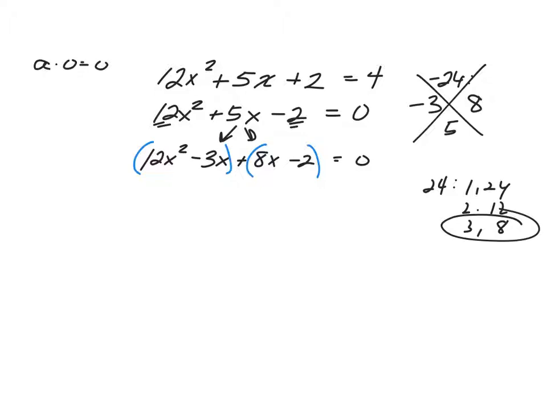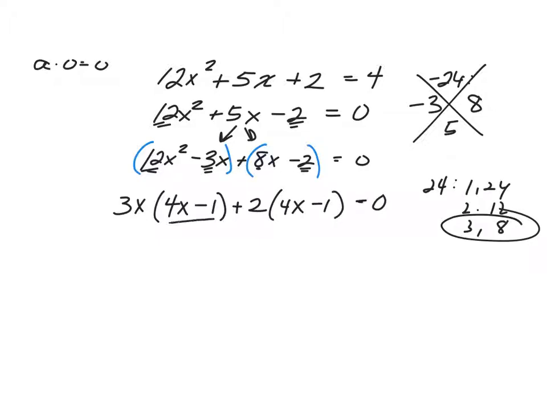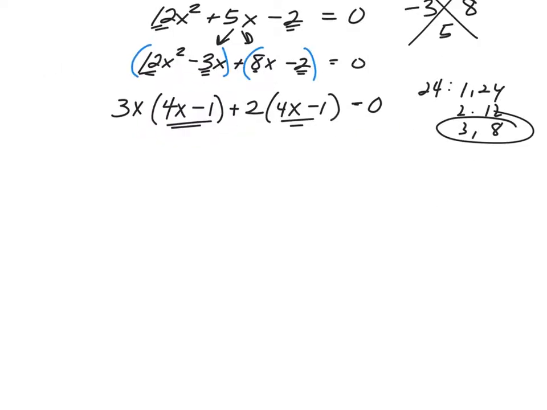So I factor those groups, and what I'm left with is, okay, so what goes into 12 that goes into 3? You can divide both those things by 3. I take an x out, and I'm left with 4x minus 1. And then I take a look at the second one, so I go, what goes into 8 that I can divide both 2 by? And since it's positive, I don't have to worry about it, so 2 goes into 8 4 times. I get 4x minus 1. I know I've done this correctly because this group and this group match. So at this point,